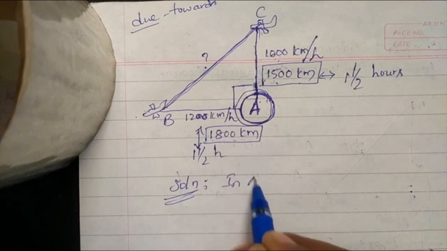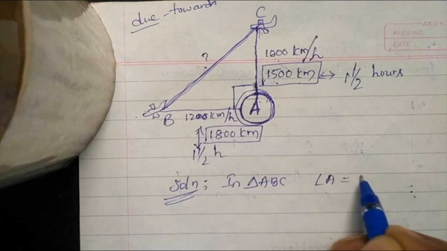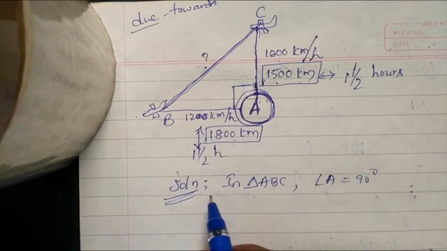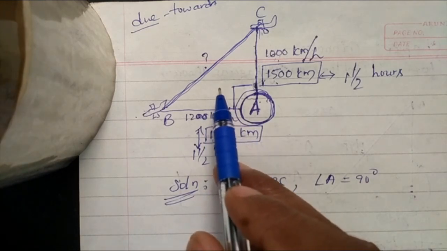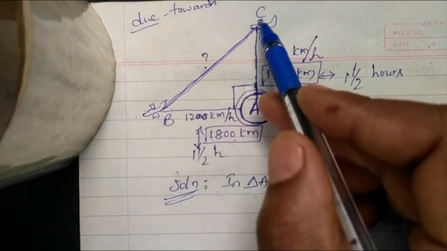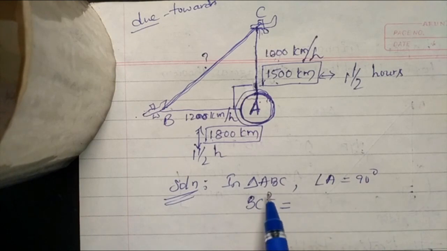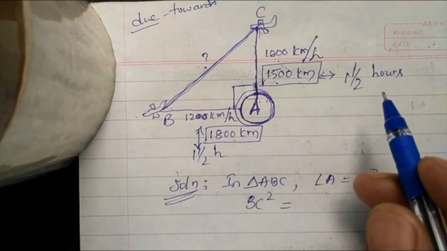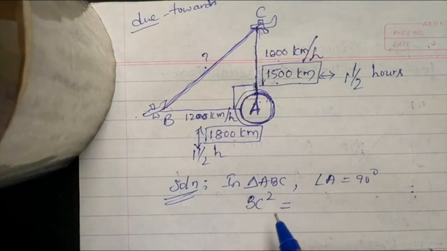In triangle ABC, angle A is equal to 90 degrees, then we go for the Pythagoras theorem equation. In this triangle, to write the Pythagoras theorem equation, there are three equations, right? So which one will we write? First, write what you need to find out. See, BC we need to find out. So make the square on BC. Squaring is compulsory because Pythagoras theorem says the same thing: the squares of all three sides. Without squares, don't write in Pythagoras theorem.